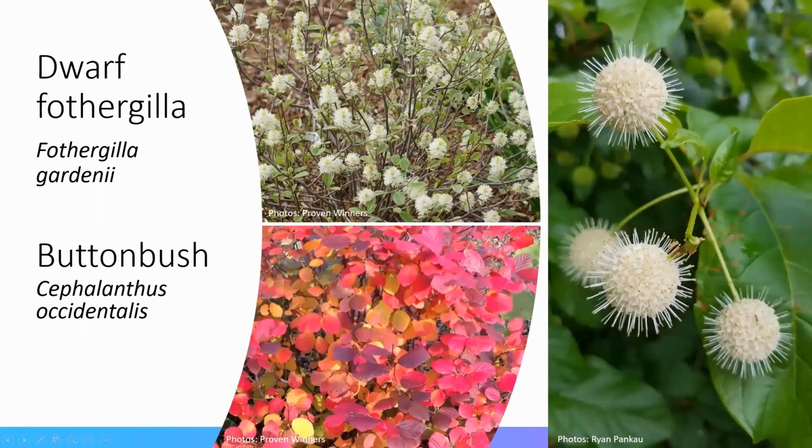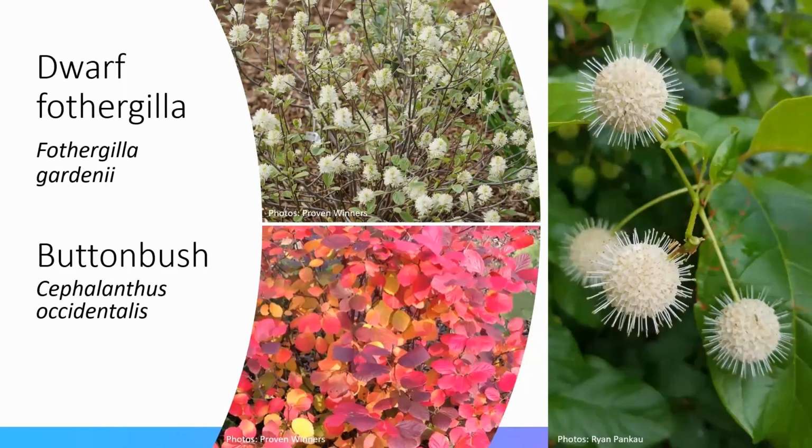Pictured here, on the left side of the pictures, this is dwarf fothergilla. It has white flowers in the spring. We were just up in the DuPage County area just last week. These are in full bloom right now in northern Illinois. And the leaf color can vary depending on the cultivar. There are some that have bright green leaves. There's some that have a bluish tint to the leaves. But then they also have a fall color. Pictured here is a fothergilla on the lower side with a striking red fall color, but there's some that have a bright yellow fall color.